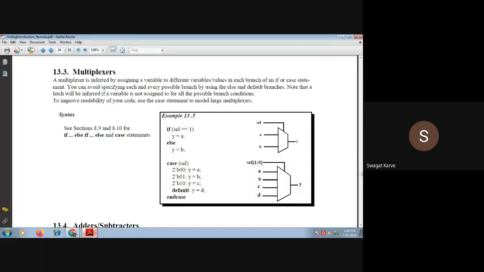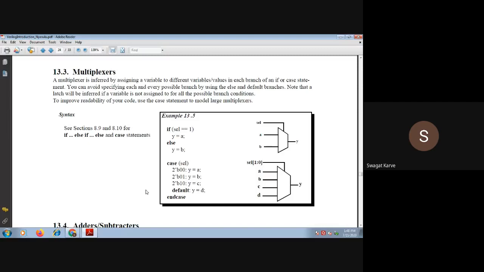Okay, so now here is the example. Again, we are using the if and else statement. In case of a multiplexer, we are using that if and else statement. Then, the same logic we are using as we have discussed while studying VHDL programming, right?